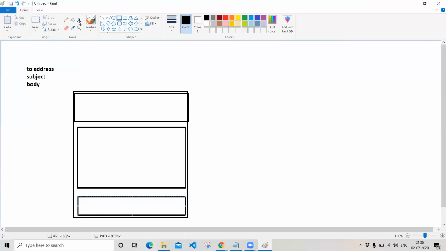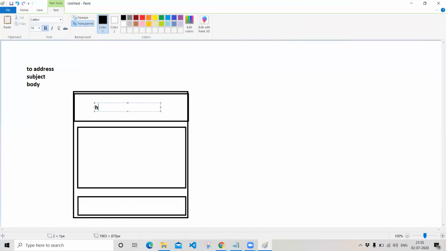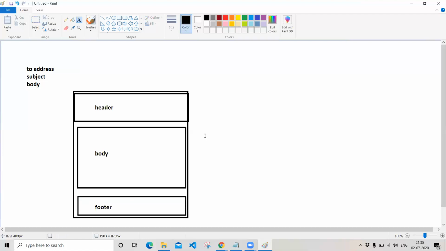So this is the header, and this is called the body of an email template, and we have one more thing called footer. It defines how this email template should look, and you can add CSS stylings also.